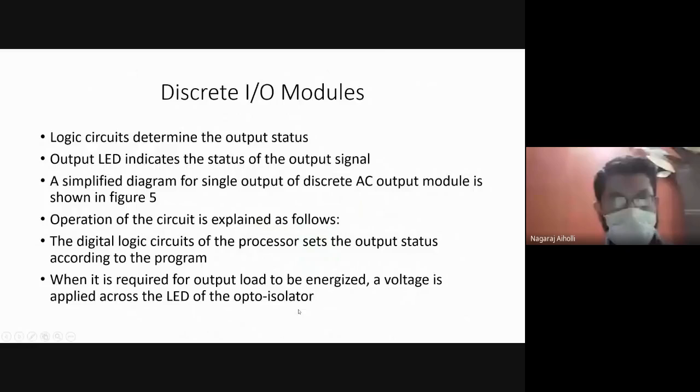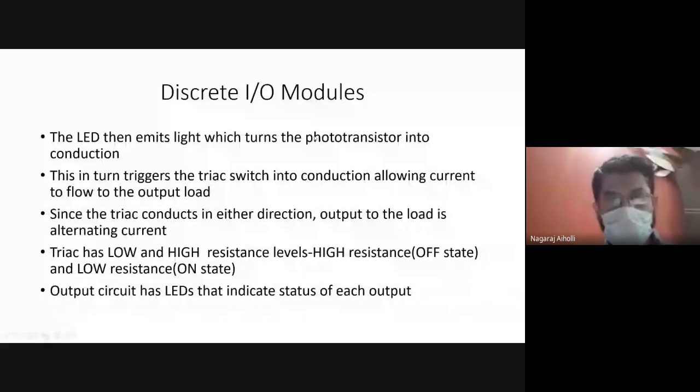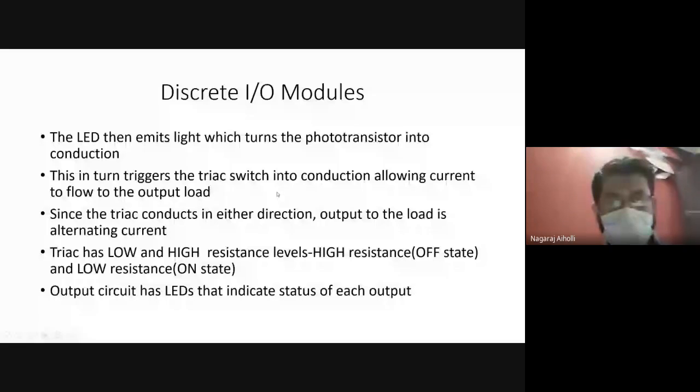LED emits light, it turns the phototransistor on into conduction. Then it triggers the Triac switch into conduction. This is called triggering the Triac switch. Triggering means what, students? When we are applying the signal from this phototransistor to the gate terminal, it is a